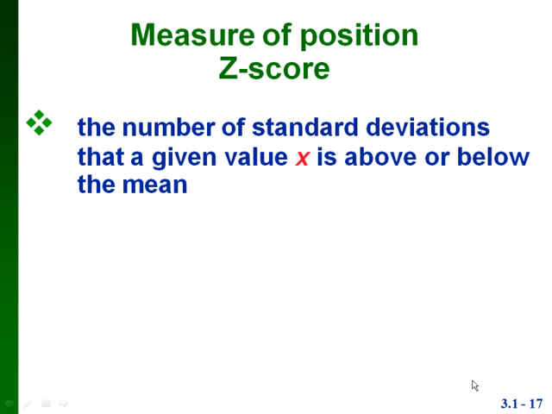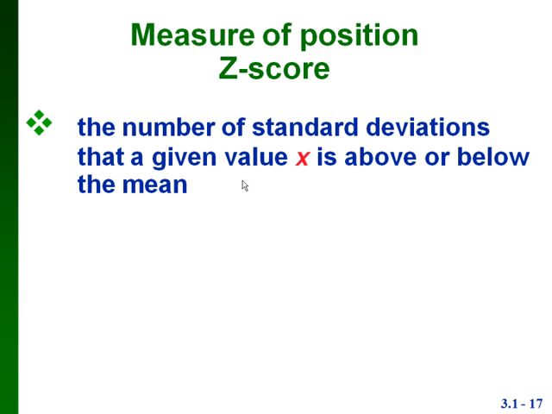Okay, for this video, we're going to talk about Z-scores, which are a measure of position. We're also going to talk about a 5-number summary and box plots, and a little bit about outliers. First of all, for Z-scores, these just give us the number of standard deviations that a given value is above